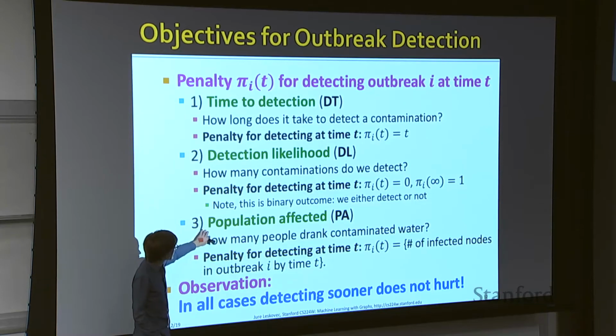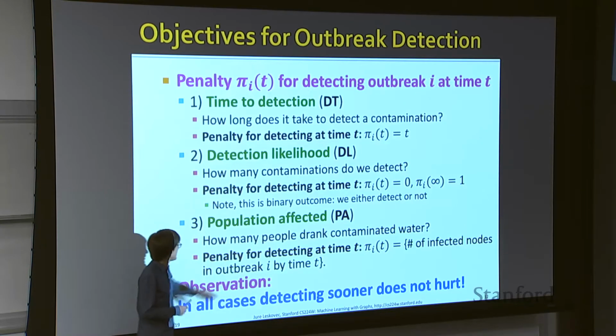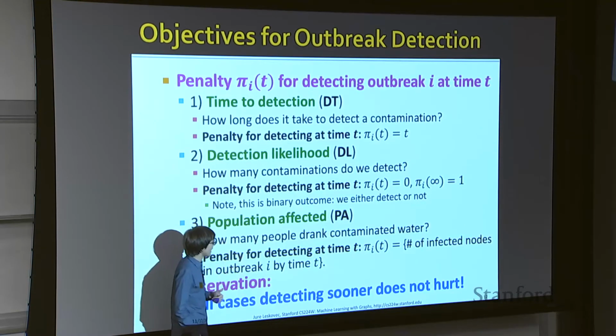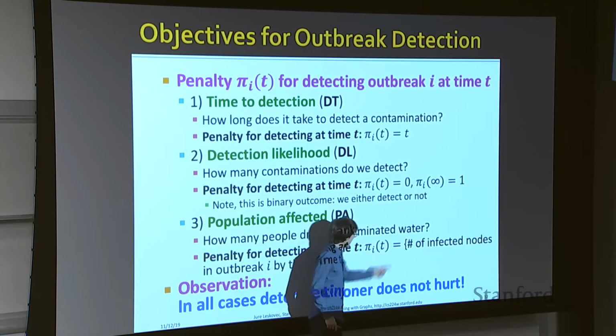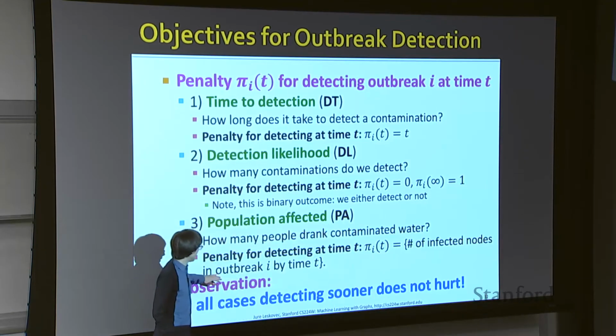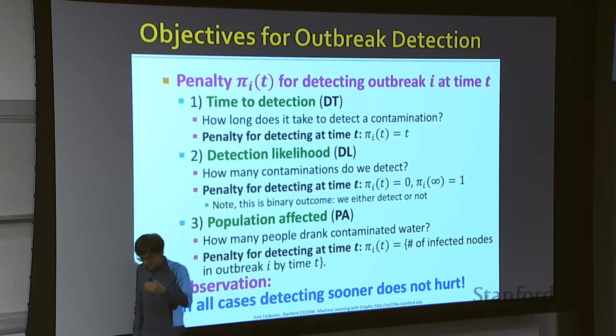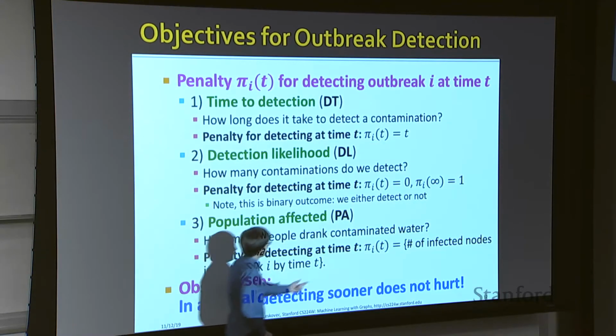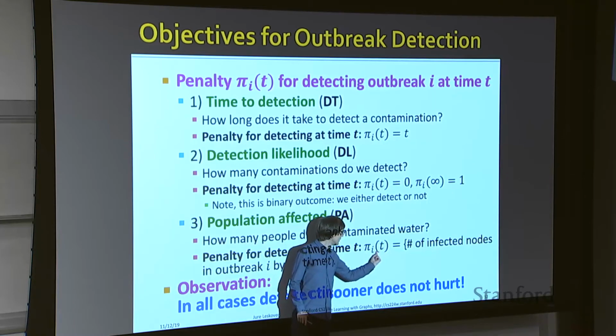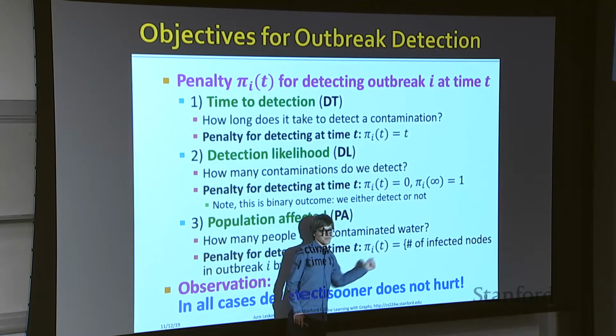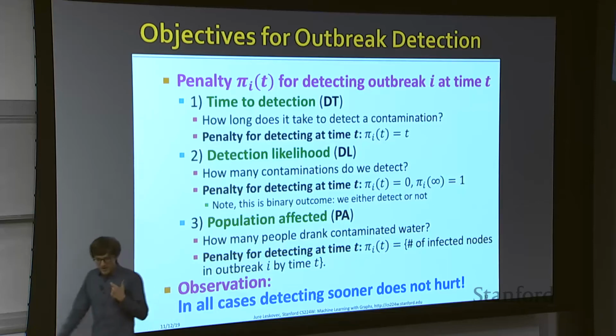And then population affected: the way you could think of this penalty for detecting at time t is the number of infected nodes in the outbreak I by the time t. So I'm asking how many people got sick up to the time when I detected the outbreak I. Okay, so these are the penalty functions